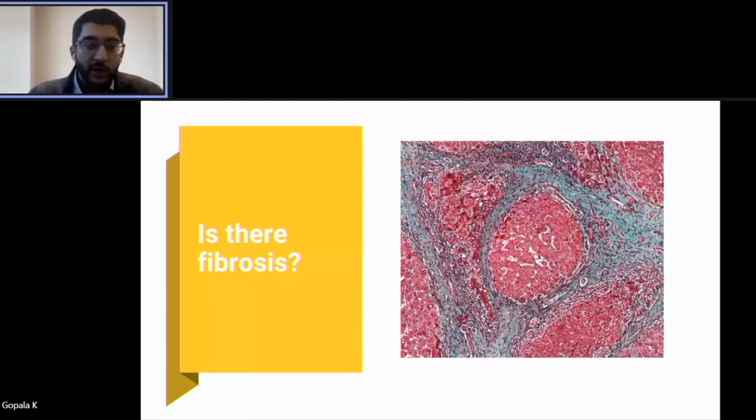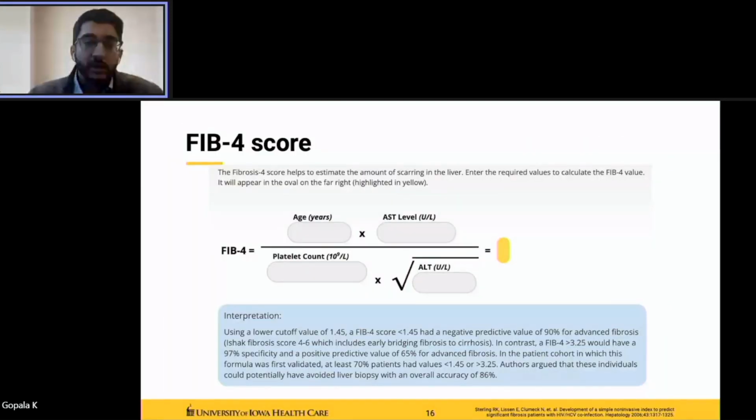So as mentioned, there are non-invasive biomarkers, essentially calculators to check for level of fibrosis. The first one is FIB4, and this is the formula and how it looks, and you can Google it and you'll get the calculator. Essentially, you enter the age, AST, platelet count, and ALT, and it'll spit out a number. If the number is less than 1.45, it has a negative predictive value of 90% for advanced fibrosis. And if the score is greater than 3.25, it has a 97% specificity and positive predictive value of 65% for